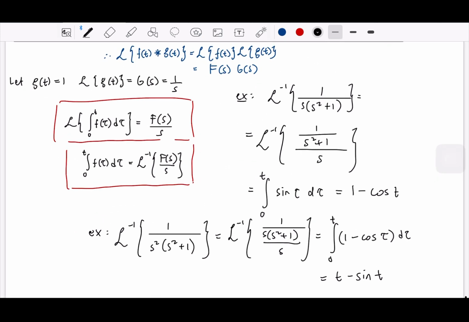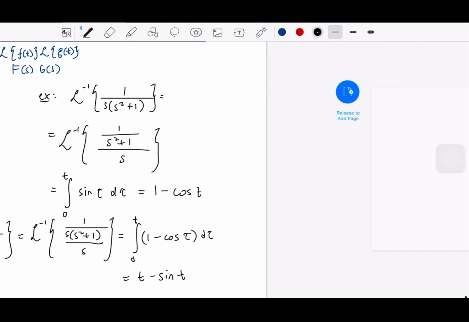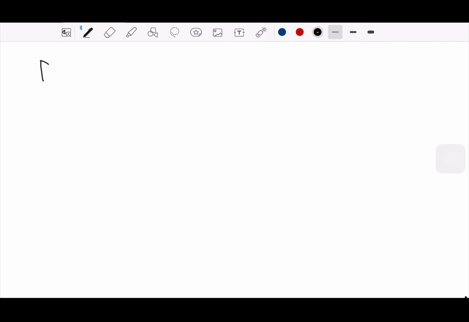Okay, let me move to the new slide. So in this part, we are going to take you to the function called the Dirac delta function. Obviously, Dirac is the name of the person who found it, and the delta is like the symbol delta in the Greek letters, and sometimes the delta symbolizes the difference or the gap. So what this function means, or how we deal with this, is sometimes